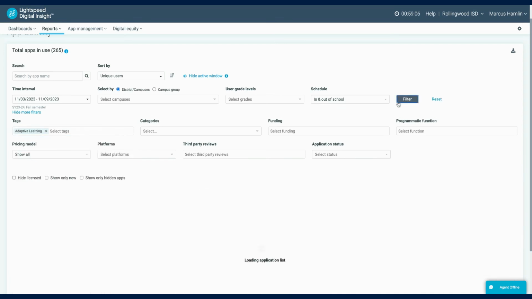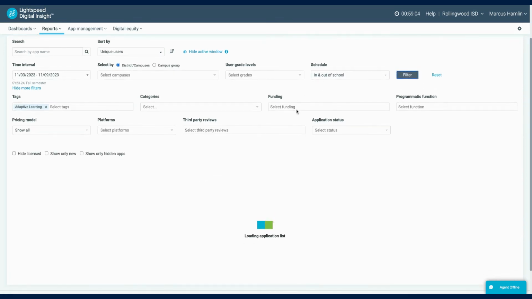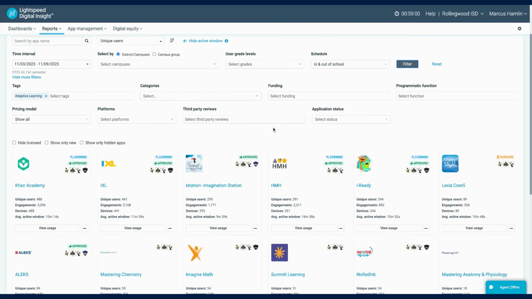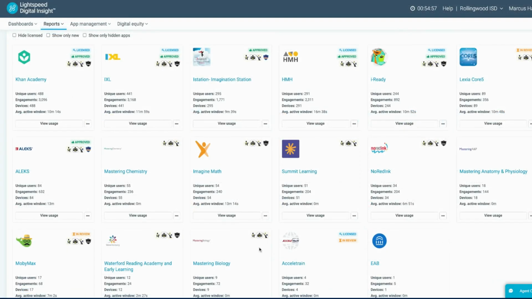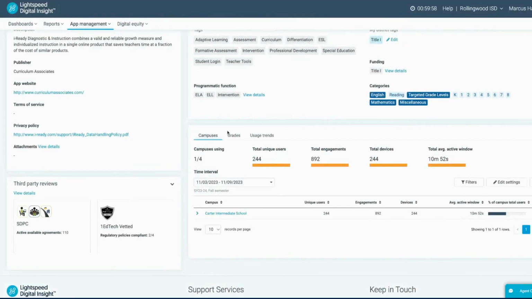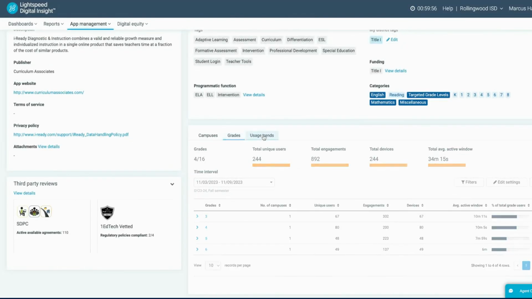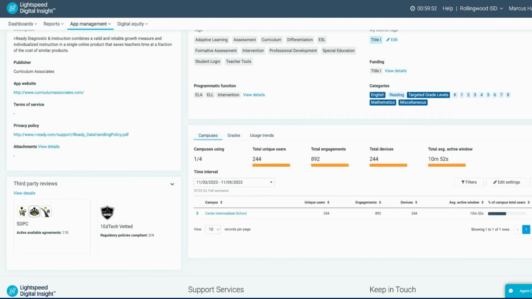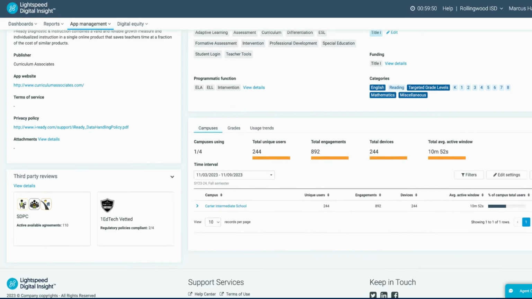You can see IXL usage, but also see the applications iReady and MobyMax in use. iReady has even been purchased by a campus. Open the application profile to see breakdowns by campus, grade level, and even usage trends. This helps you see these tools are being used instead of IXL, and you can work with teachers at these